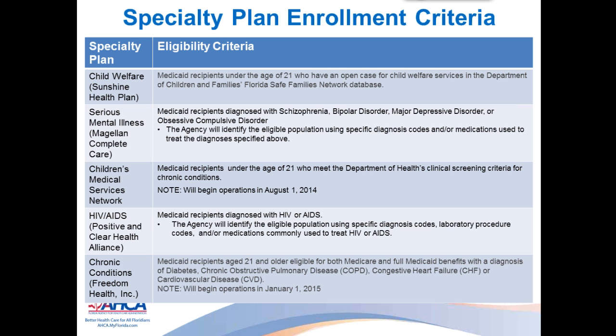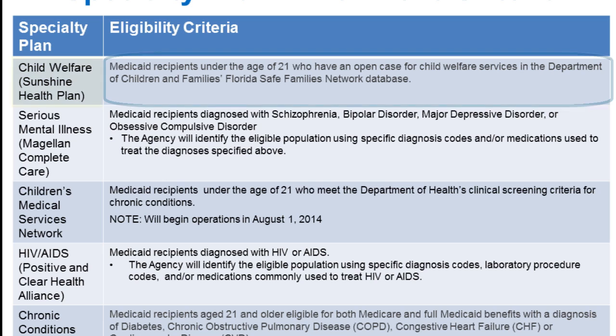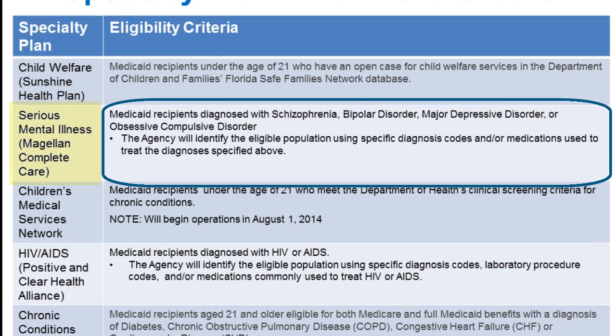This table depicts specialty plan enrollment criteria. These are some of the basic criteria for each plan. For the child welfare plan, Medicaid recipients must be under the age of 21 and have an open case for child welfare services in the Department of Children and Families Florida Safe Families Network database. For the Serious Mental Illness plan, Medicaid recipients must be diagnosed with schizophrenia, bipolar disorder, major depressive disorder, or obsessive-compulsive disorder. The agency will identify the eligible population using specific diagnosis codes and/or medications used to treat the diagnoses specified